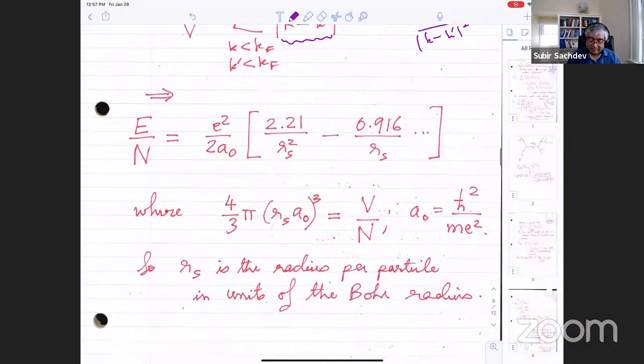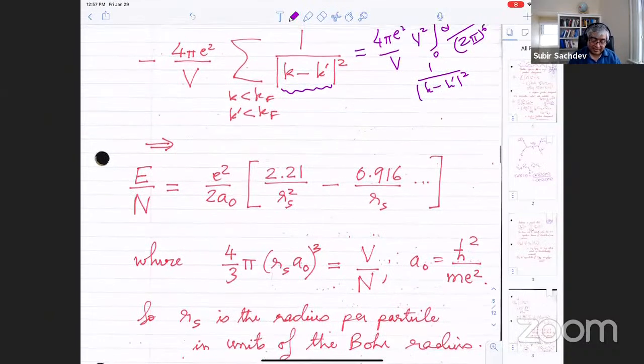Okay, so then this is where you introduce all these dimensionless units. You write everything as the energy per particle. So there's the energy per particle in the jellium model. And the full answer of Hartree-Fock theory is these two terms. This is the kinetic energy term, which ends up going as 1 over rs squared. And this is the potential energy term, which is negative and goes as 1 over rs. Now I put a dot here because it turns out these two terms, even though they were obtained in a Hartree-Fock calculation,